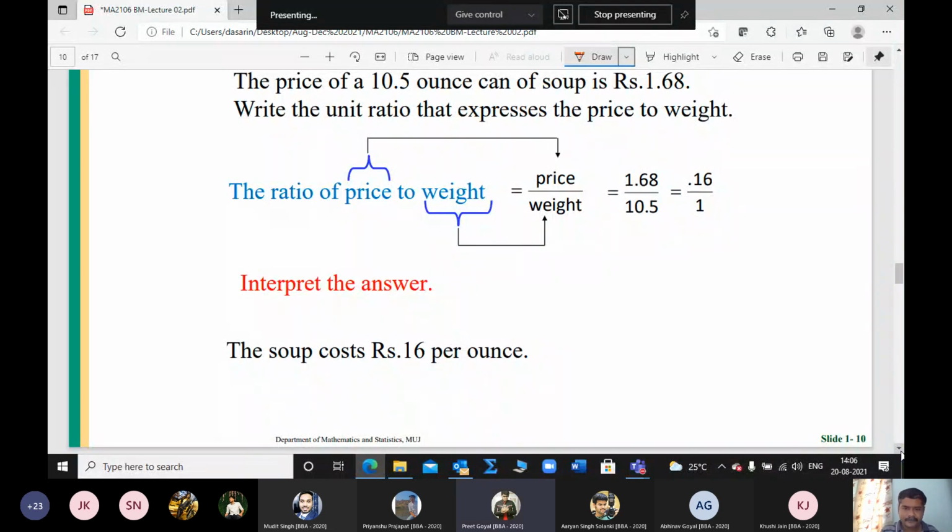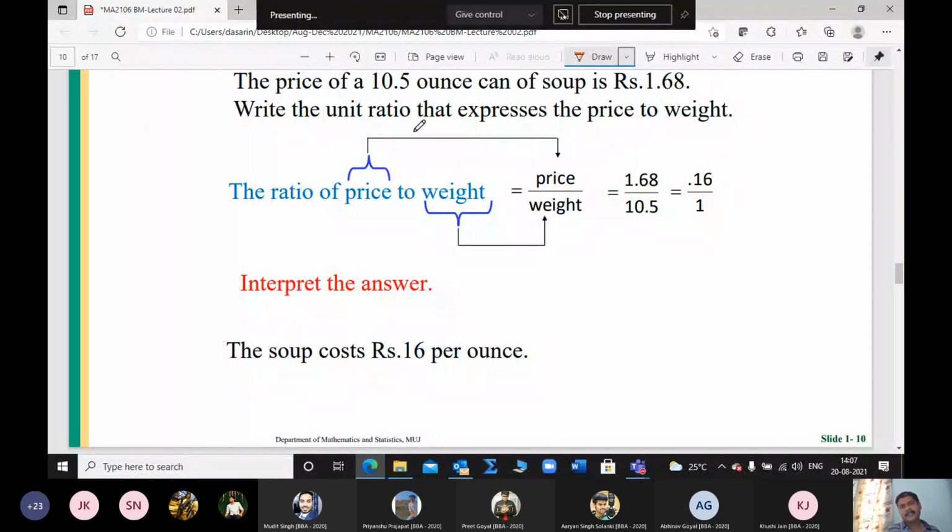Excuse me, sir. But the units are different. As per the rules, we should not divide. Yeah, you are right. Whenever you are talking about the ratio or the proportion, we should see that the numerator units and the denominator units are the same. But for certain questions like this, we'll have to neglect that kind of rule. Otherwise, we can take this question in another way also.